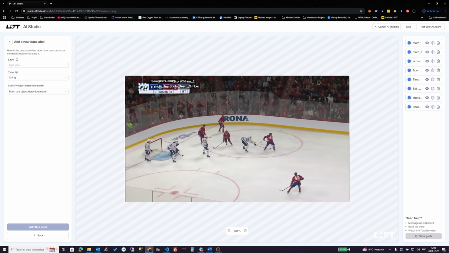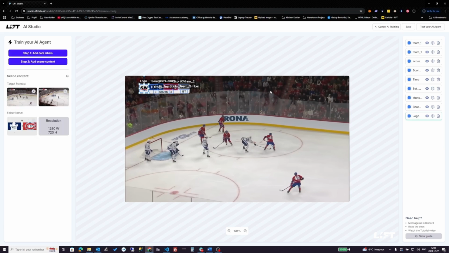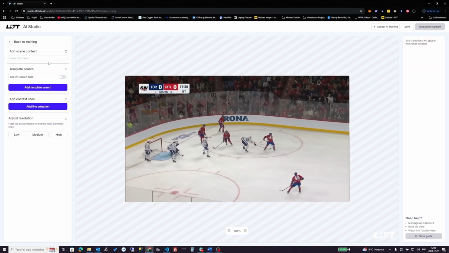We can add and test this one. For example, we would put it object, call it SN or logo and object. Then next step is to add the scene context. We'll call it game,